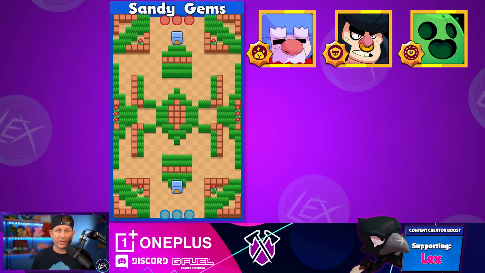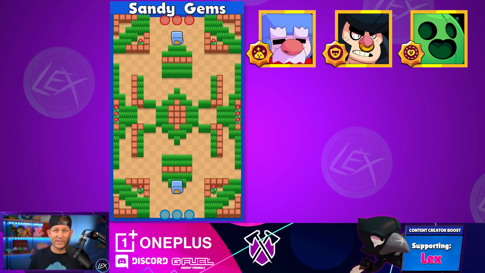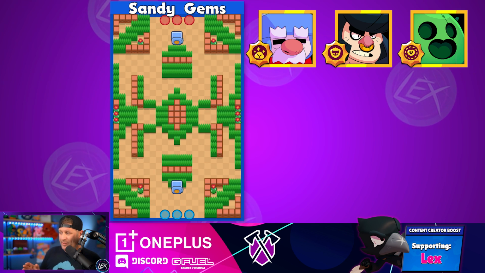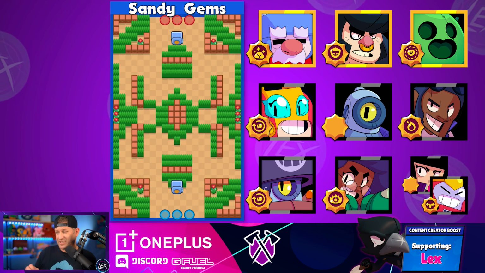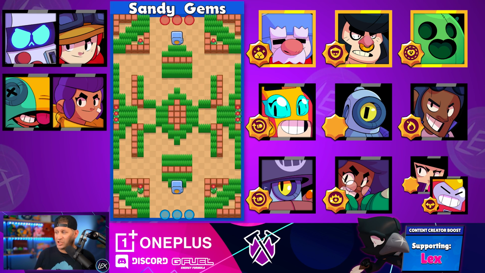But mainly, you're going to want to be playing a little bit of offense, chipping, playing some defense before you go all in on offense. So make sure that your defense is all sorted out. Some other good picks here that you can play are going to be Max, Rico, Brock, Daryl, Rosa, BB, and Surge. Some brawlers that you do not want to play are Jesse, 8-Bit, Leon, Shelly, Mortis, and...